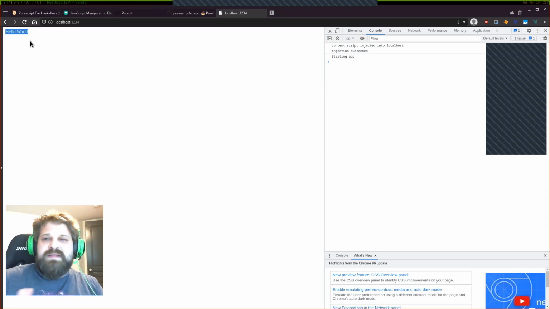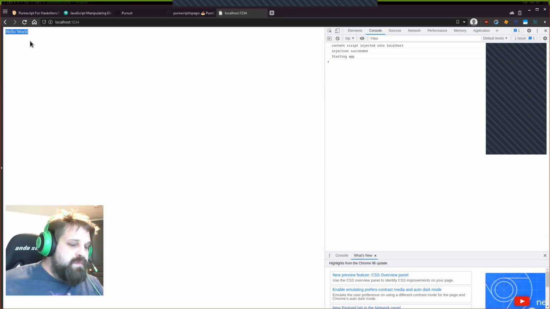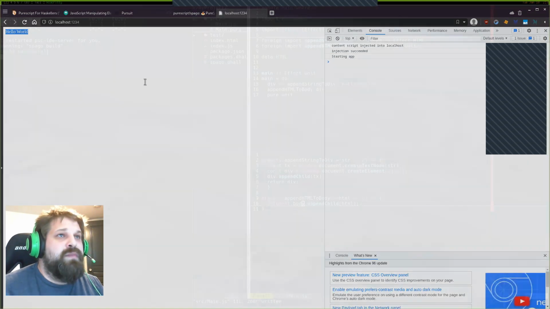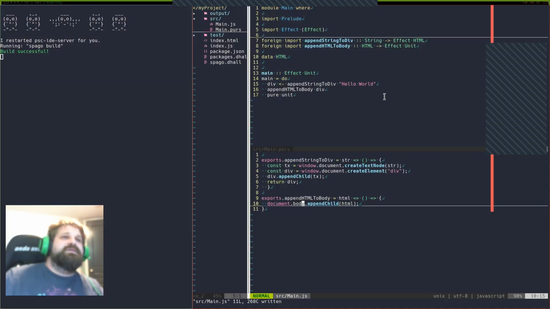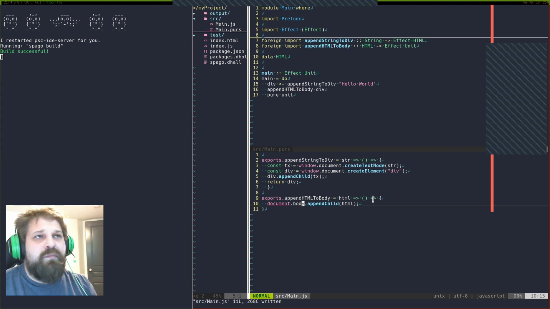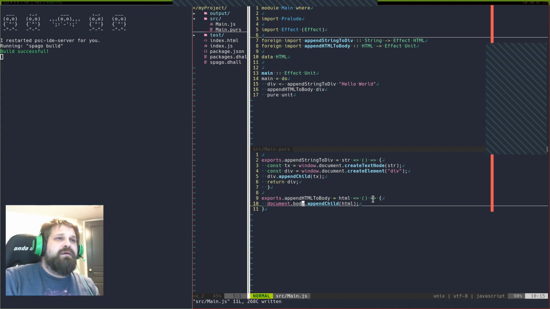So that's kind of a quick overview of working with the DOM from PureScript. I wouldn't necessarily say working with the DOM is something that everyone needs to know about PureScript, but I think that it's a really elegant way of describing foreign function interfaces and just sort of getting a brief idea of how concepts in PureScript might relate to concepts in JavaScript. All right, so that concludes the talk. This should give everyone a pretty good idea of sort of the bare basics of PureScript.